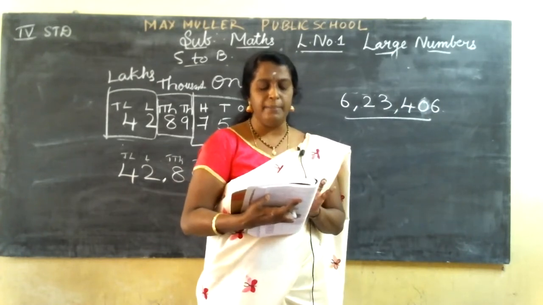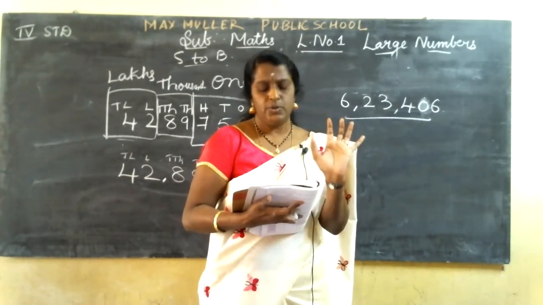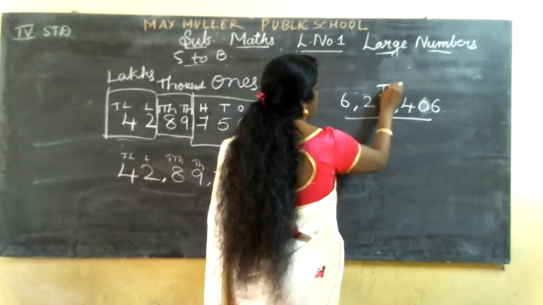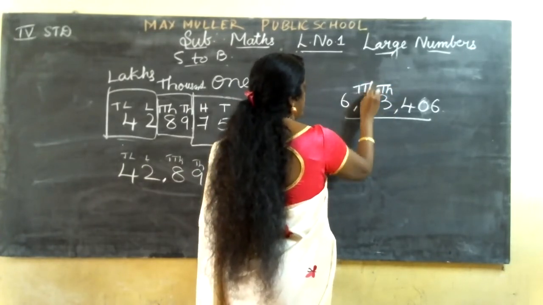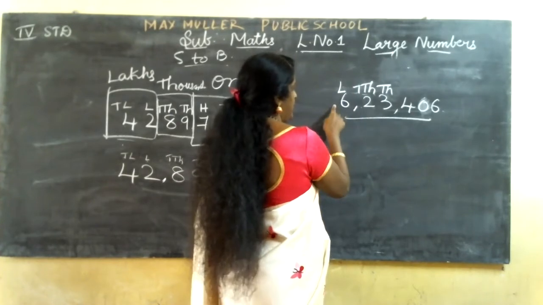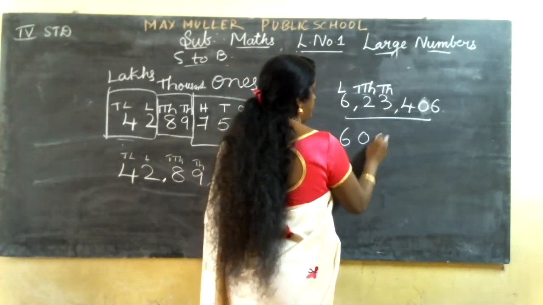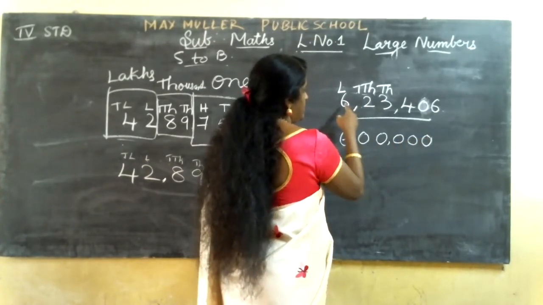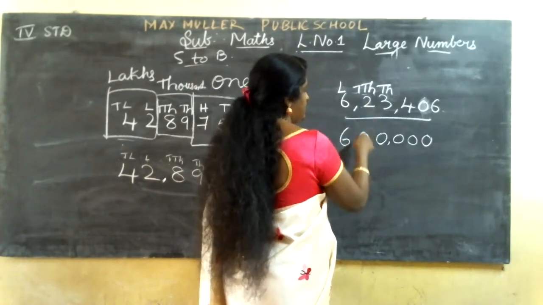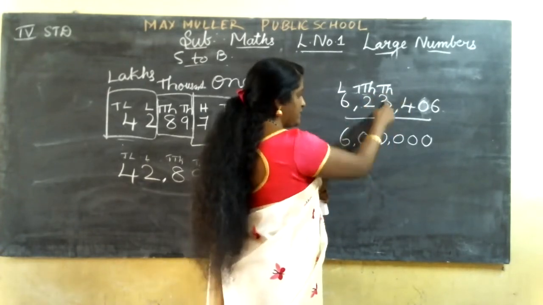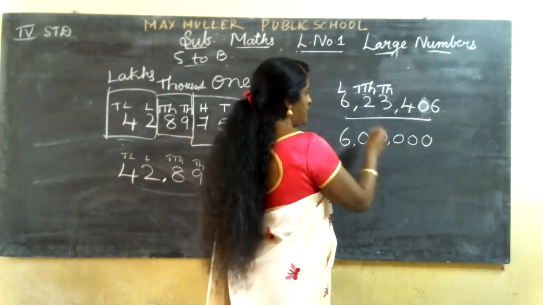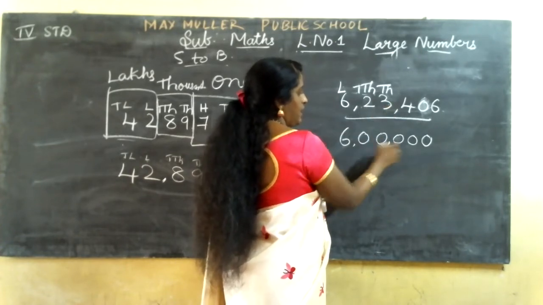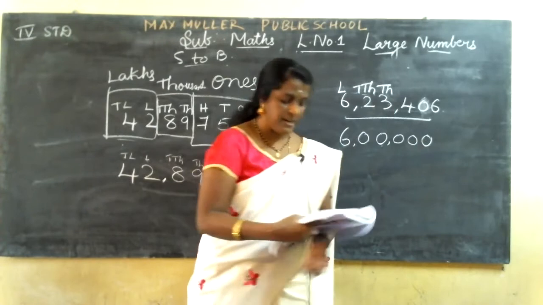Place and place value. The number gets its value according to the place it is in. Now, which place is this in? Thousands place. This is in 10,000 place. This is in lakhs place. So if I write lakh, see 6, how many zeros? 6 lakhs here. Here 6 lakh means I have written 6. In expanded form, 6 is in the lakhs place, so how many digits are after it? That many zeros you should write. See 6 lakh. This is thousands, 2 digits: 1,000, 10,000, and 100, tens, ones. Like this you should expand and write.